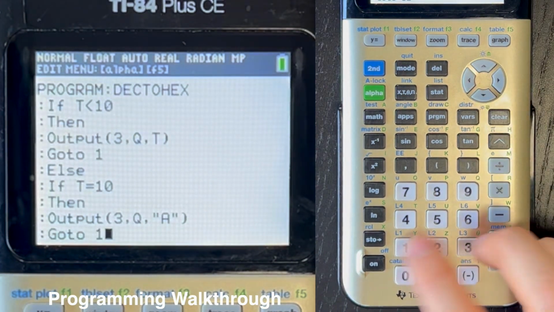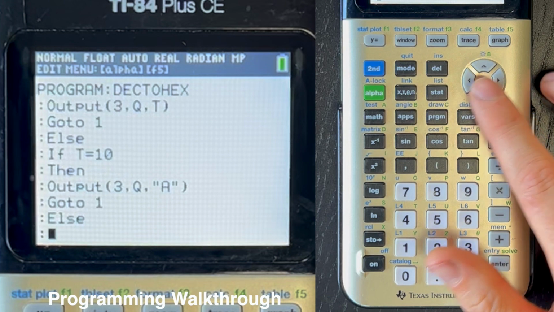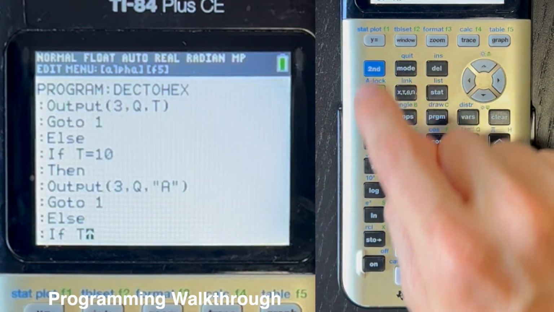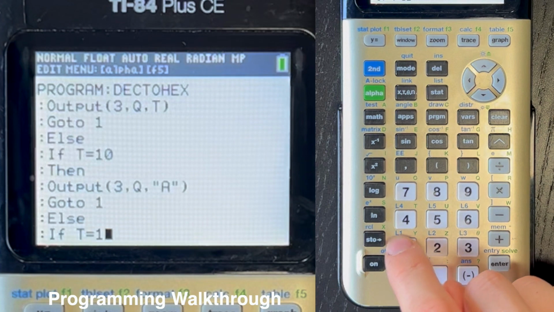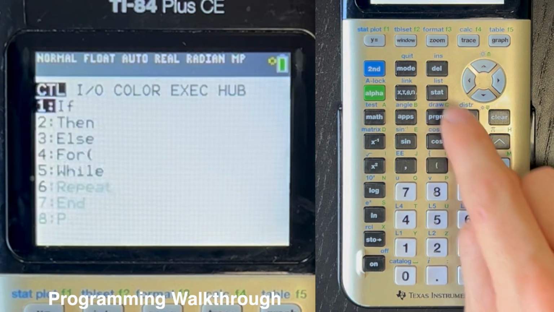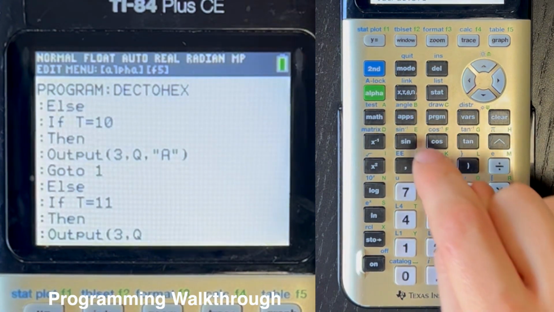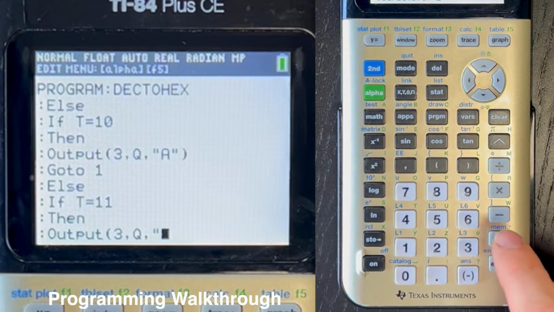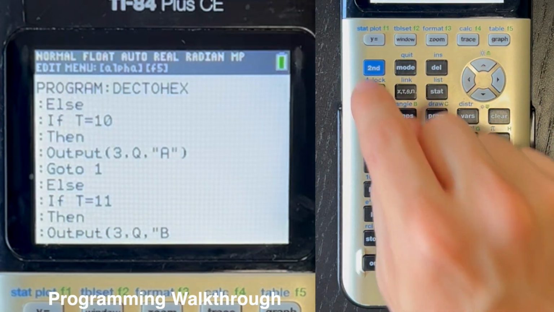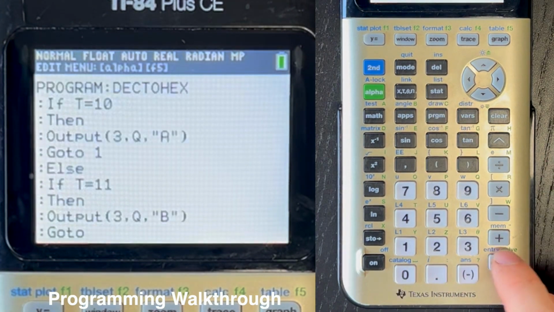So we want this to be Goto 1. And then hit enter, program Else, enter, program If alpha T, second math, equals 11, enter, program Then, enter, program 6 for Output(3, comma, alpha Q, comma, quotes, alpha B, alpha close quotes, close parentheses, enter, program 0 for Goto 1,